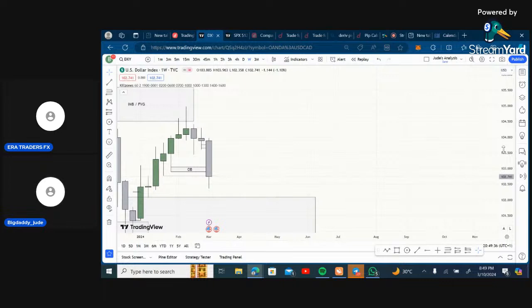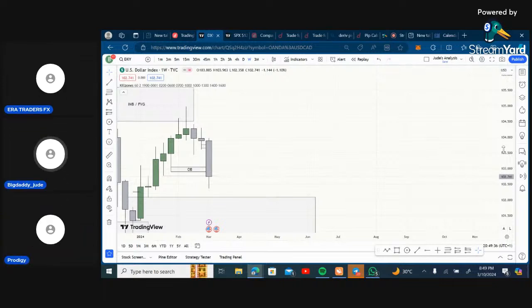So I was expecting price to react from this other block, but that didn't happen. It broke below it. So now what I'm expecting is for price to give us a nice tap into this zone before seeing any bullish move, right? So I'm expecting price to tap into this zone before seeing any bullish move. And the last